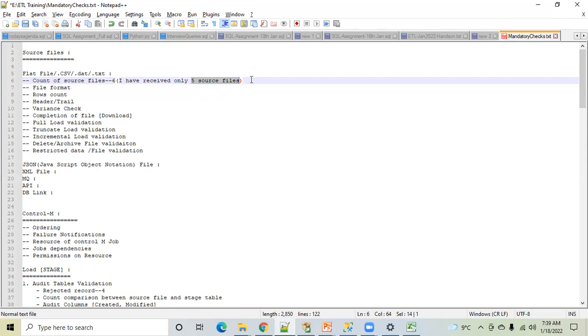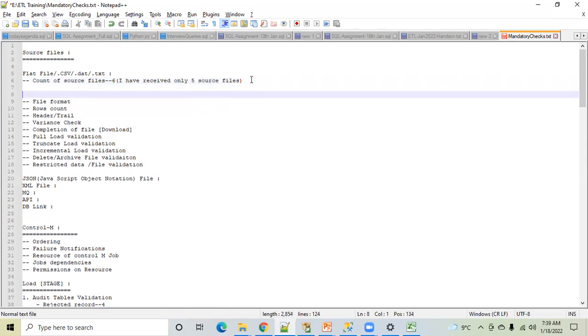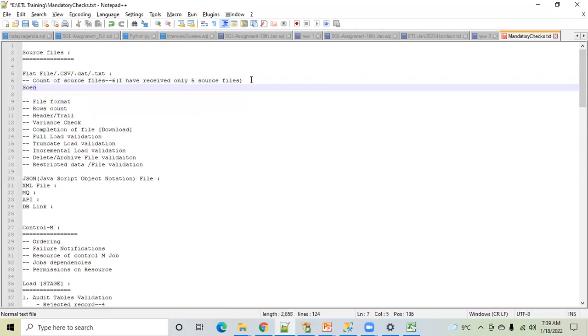Now after this, I have 2 scenarios. Scenario 1: get back to the source team who has not sent the source file. That's the first scenario.